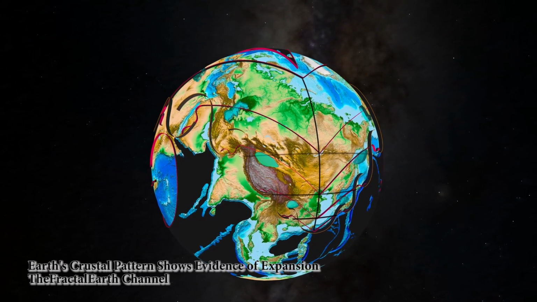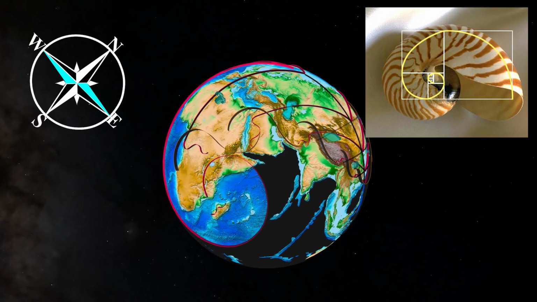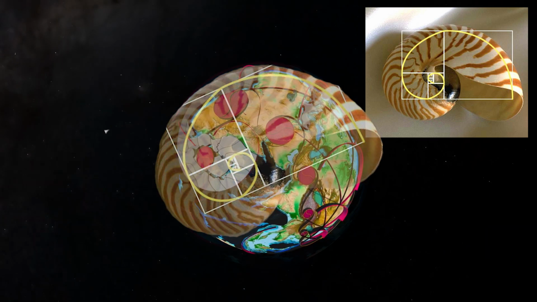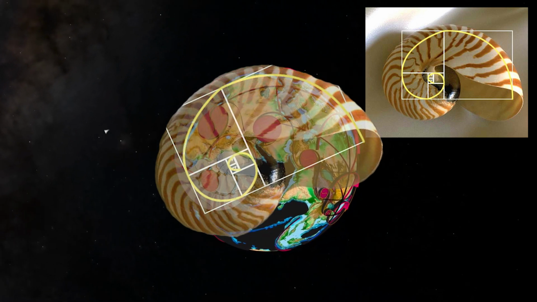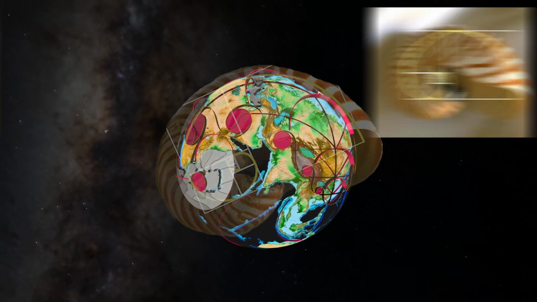Sean's primary claim is that the crust of the Earth expanded like a seashell, which you may or may not know follows the Fibonacci sequence. And like the seashell, the crust expanded linearly. The outer shell is what we see here in this segment. From the east coast of Africa, an expansion occurred in the crust using the same self-similar processes found in a shell. When viewed like this, then the expansion becomes much easier to see.